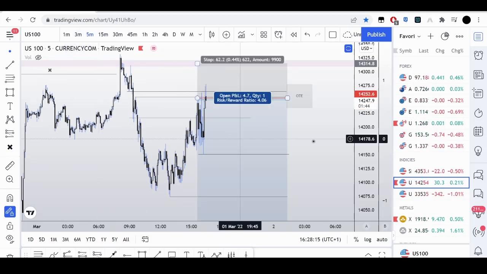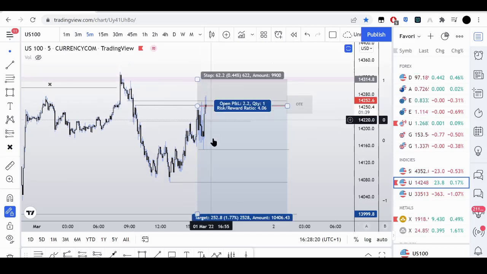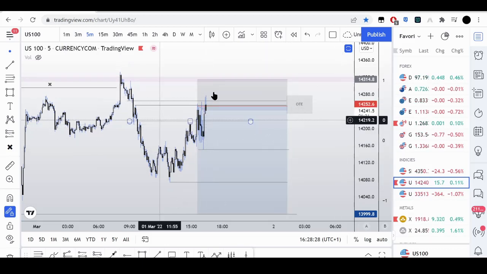And then possibly have a displacement lower, and then finally have that move that I'm looking for, right? I thought we were going to have it here and continue down, but you can see we're playing around, right? And this is what you're going to have to deal with in your trading.